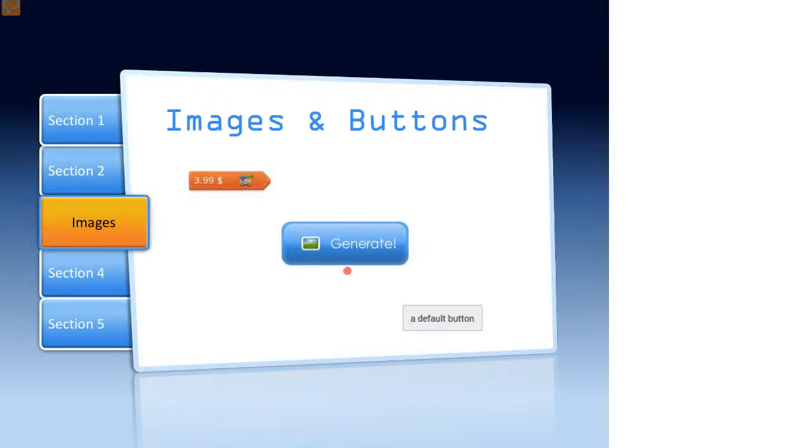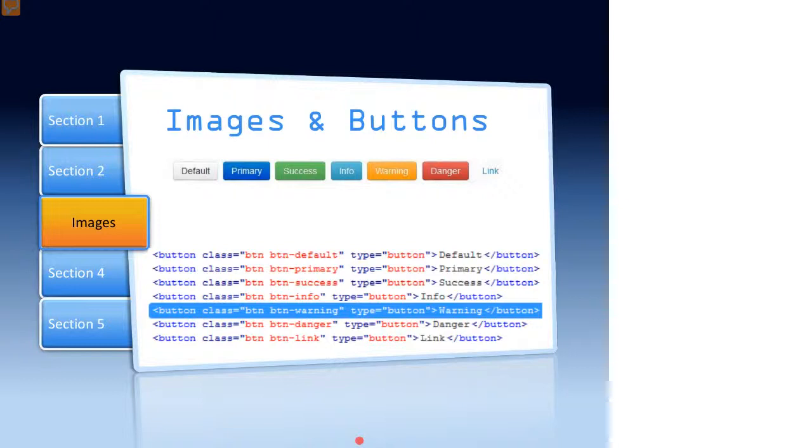Michael's asking, is the text part of the image? In this example, it is. Here, this one, it's been done a little bit differently. It's actually not an image, it's actually text. It's very naughty to actually have text on an image. However, you can do it this way, but it looks god-awful boring.